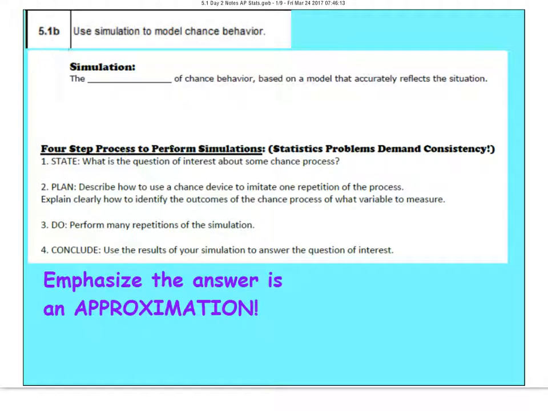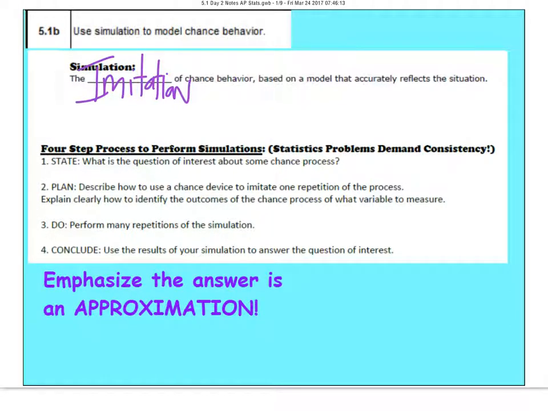In 5.1b, we're going to use simulation to model chance behavior. Let's formally define a simulation. It is the imitation of chance behavior based on a model that accurately reflects the situation. So if you're asked to model a situation and do a simulation, they're going to talk about a 4-step process